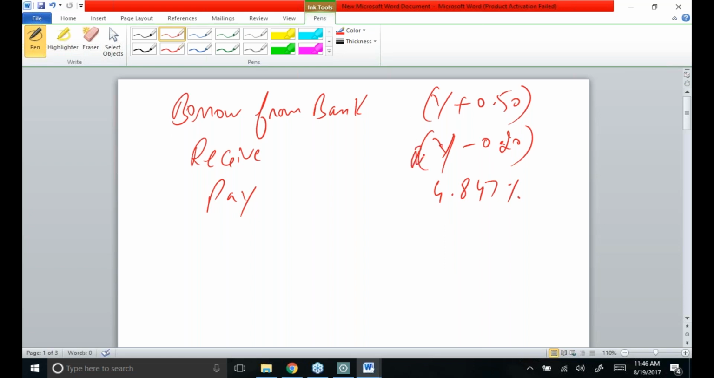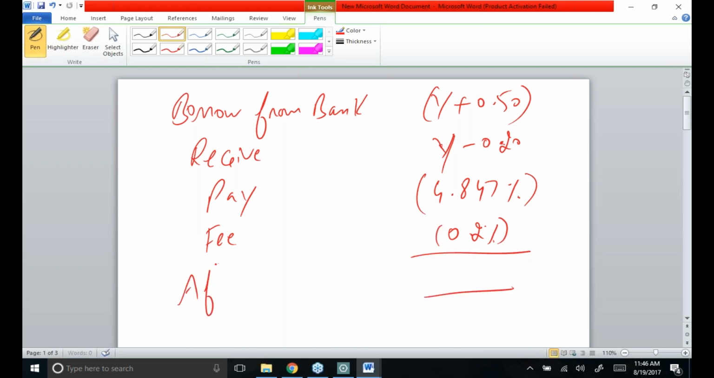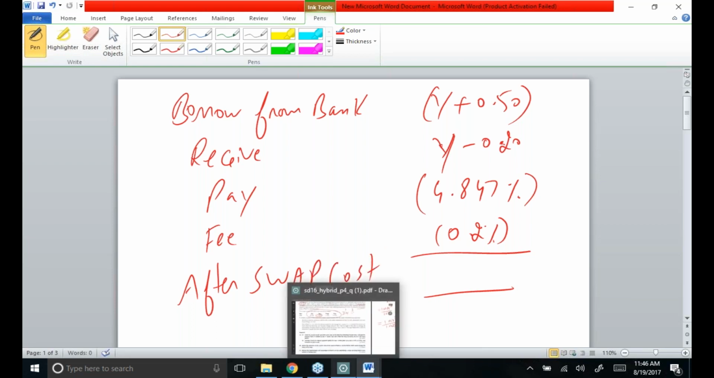So it will not be negative. Yes, this will be negative. And you are also paying a fee of 0.2%. So what will be your after swap cost? Your after swap cost will be